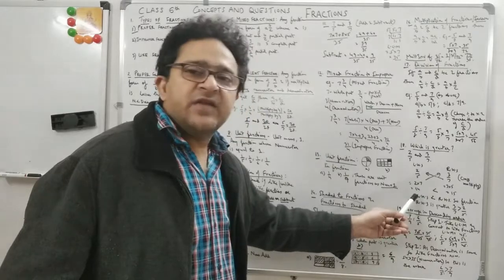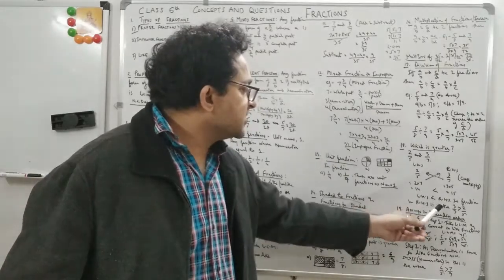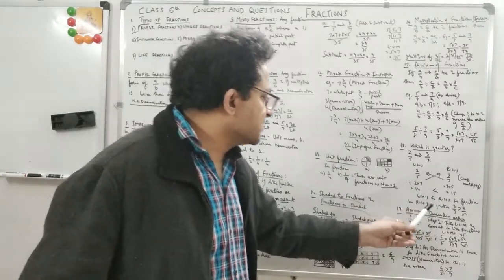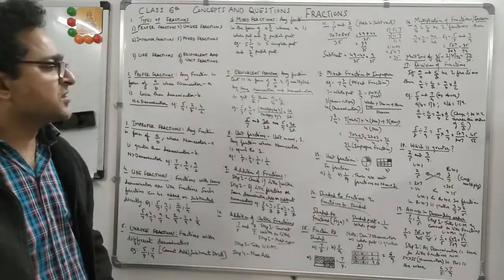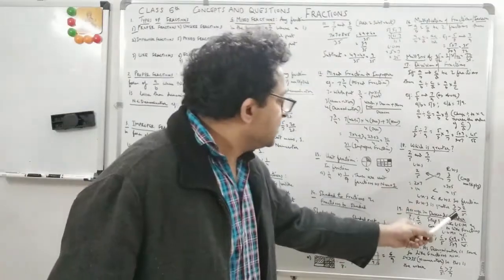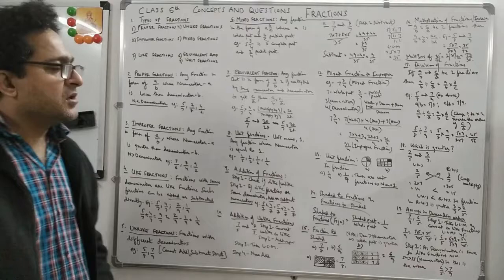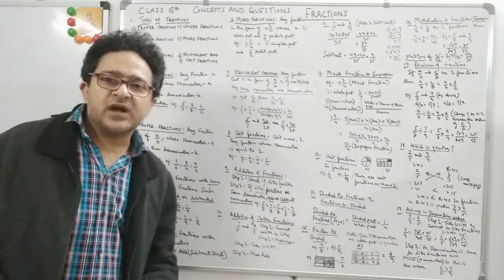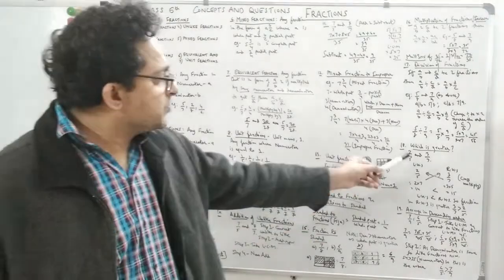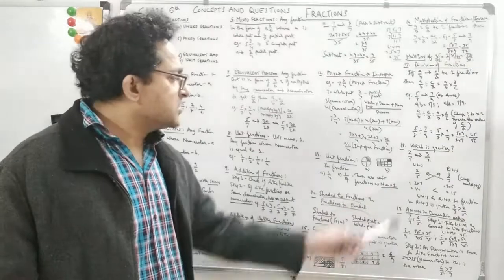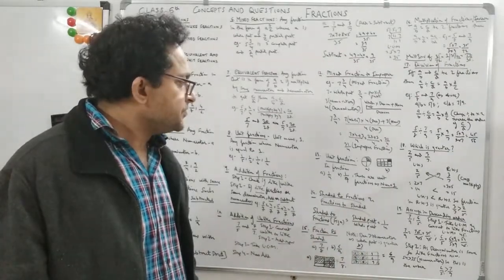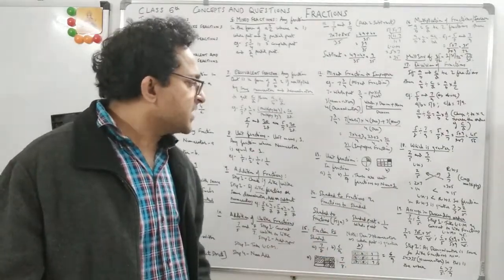I mentioned over here the left hand side is less than the right hand side, so the fraction on the right hand side is greater, which means 3 by 7 is greater than 2 by 5. This is how you will do a question wherein you are asked which is greater, right? Just put in this order. Okay, you see this? Simple. And the last question we have today is arrange in descending order.